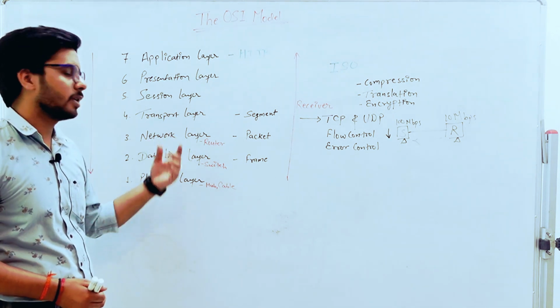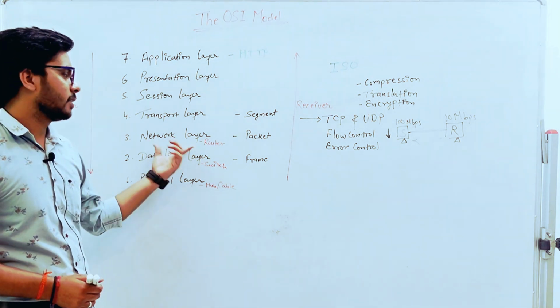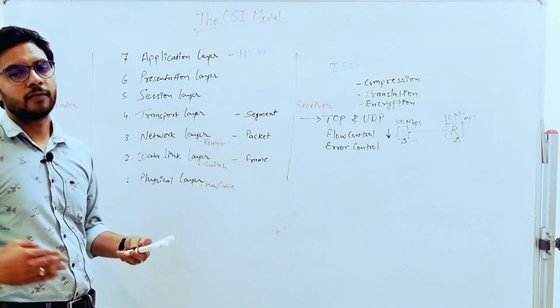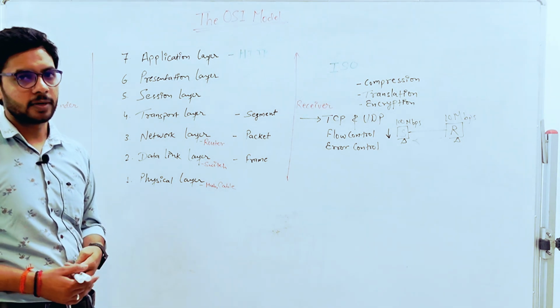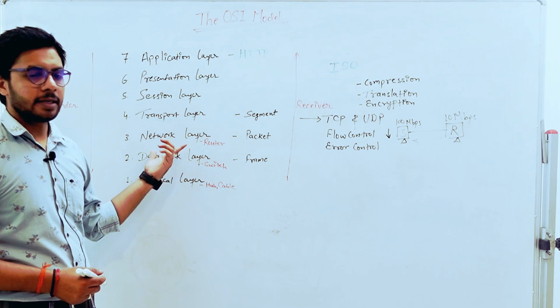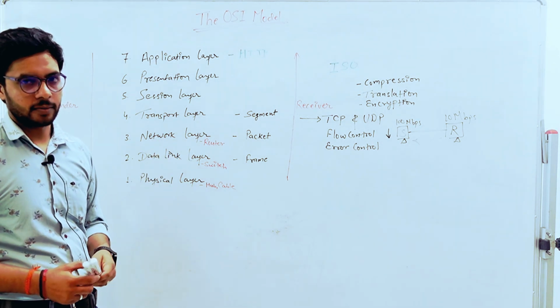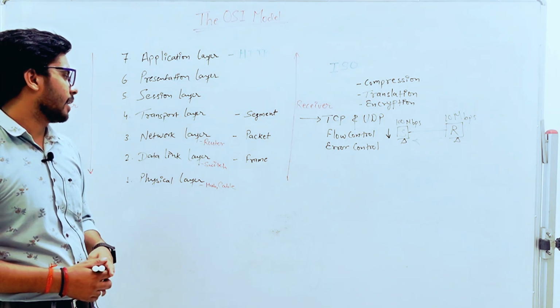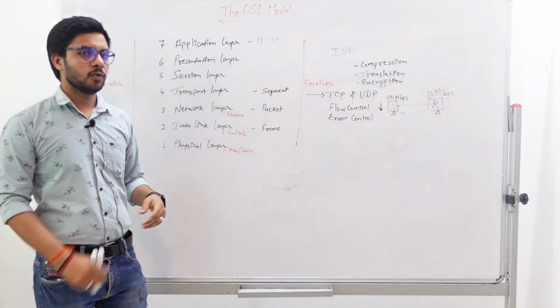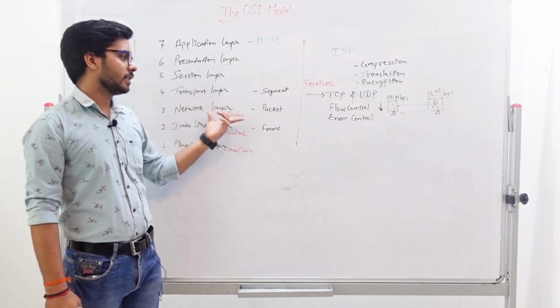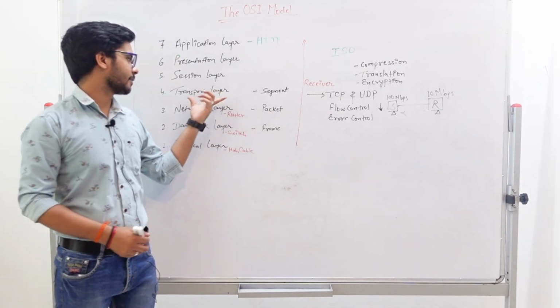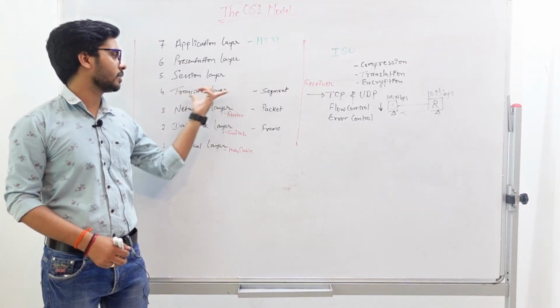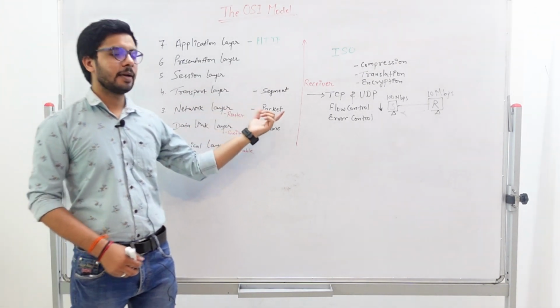That is the task for your network layer. And because of the network layer only, the entire world is right now connected. We are able to communicate with any of the machines as of now because of the network layer. So one task is this. Second is, one task of the network layer, we said, is that it is going to take the segments from your transport layer and then convert them into packets.